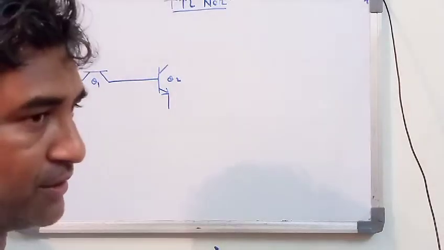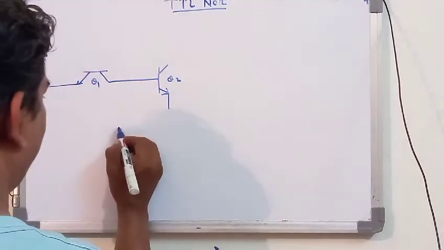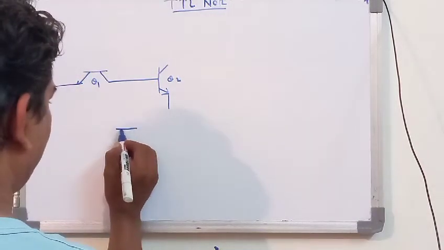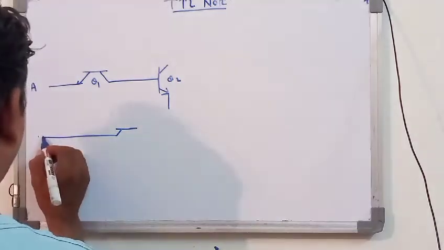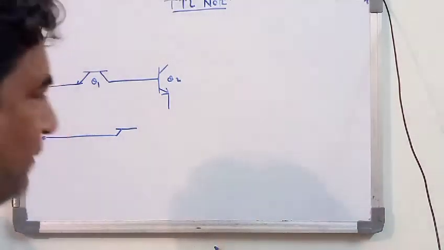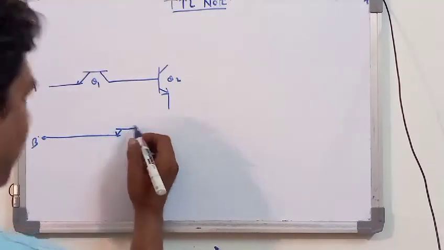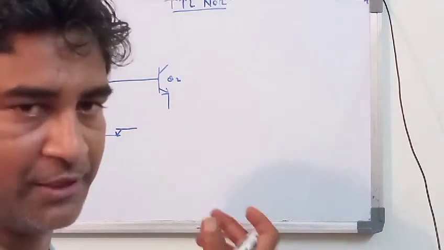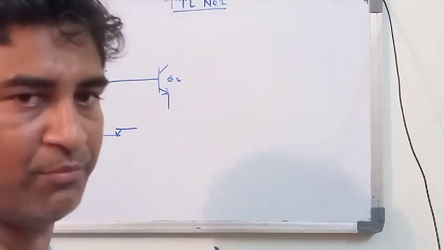We require a second input. So for gaining that particular second input, we have to draw the next one transistor like this. And you have to give the name, that is B, means it will be the second input, with an emitter terminal. Here whatever I am going to explain for drawing the circuit, this much explanation you have to write in your book also. Okay,